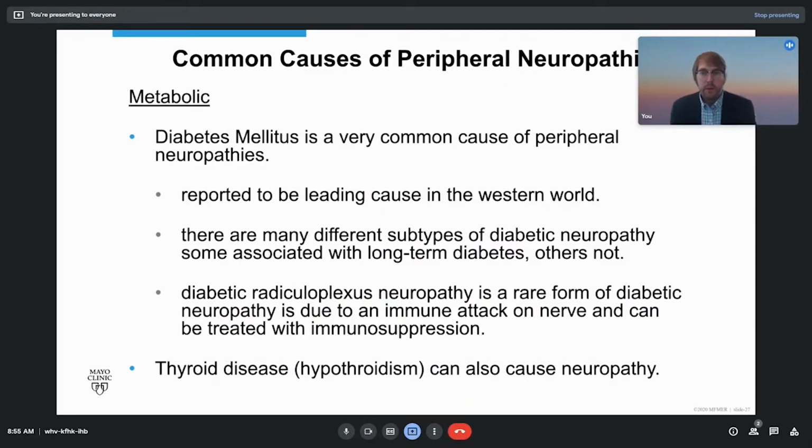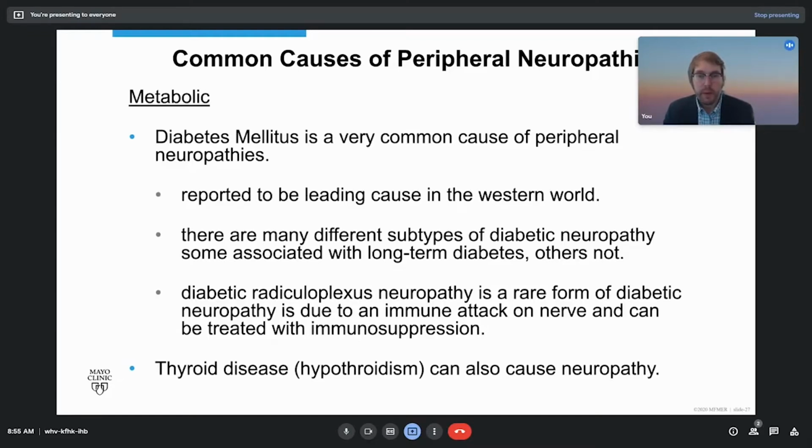So now that you know more about the types of neuropathy, the patterns of neuropathy, I will go through some of the most common causes of neuropathy. And in this part of the world, diabetes has been recognized as the most common cause in the Western world. Now, this may just be because it is easy to recognize, and other types of neuropathies that are more common may be unrecognized, and we will talk about that in a moment. But it is very common,